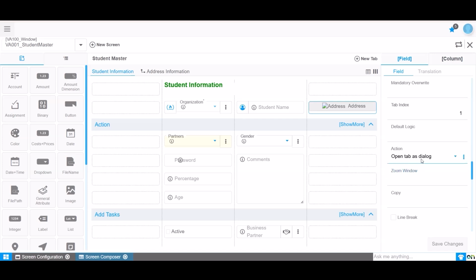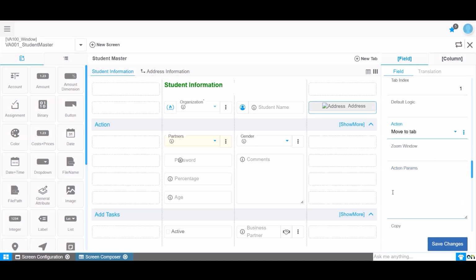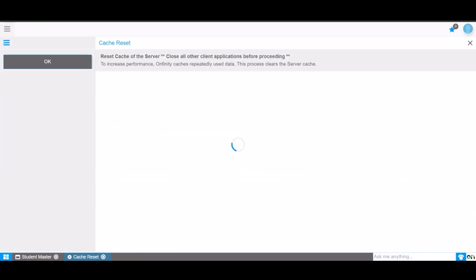We have another functionality called Action Parameters. The Action Parameters field is only visible when you select the action type as Move to Tab or Undo and Move to Tab, or if you haven't selected any action type in the Action field. If you select the action as Move to Tab, the Action Parameters field becomes visible. Through Action Parameters, you can bind certain parameters that will determine how the button behaves when it navigates to a specific tab. For instance, if you set the action type as Move to Tab, and you observe the difference,